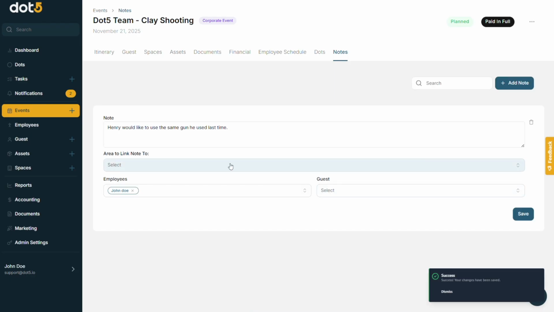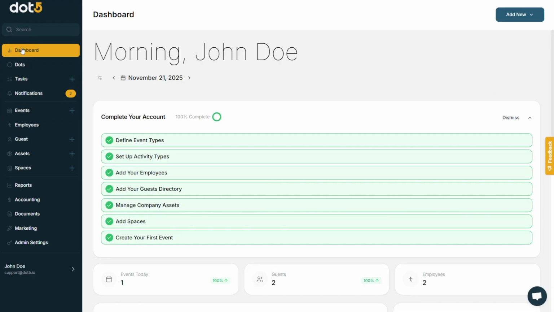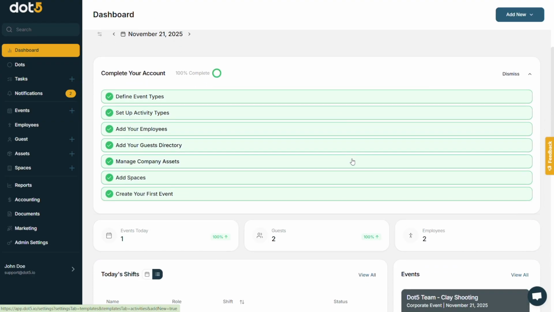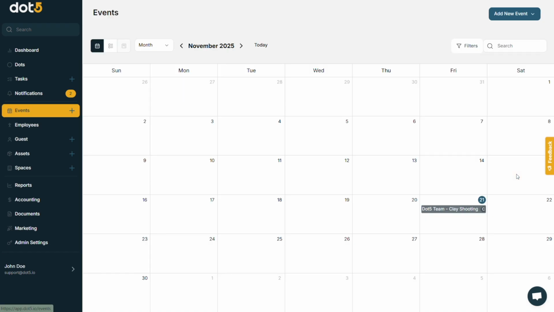Excellent. Your first event is now created. Go to your dashboard to see a quick overview. One event scheduled for today, number of guests, and assigned employees. You can view your event directly from the dashboard or switch to the calendar view to see all your